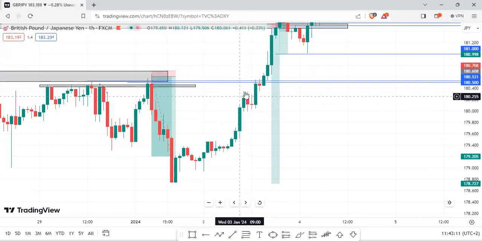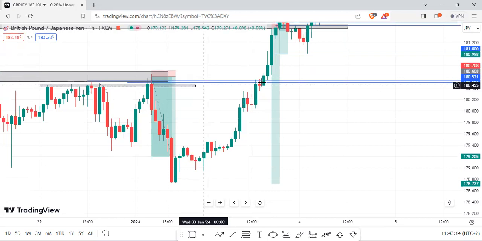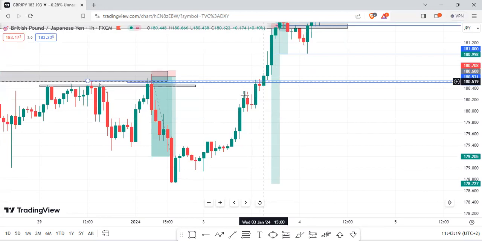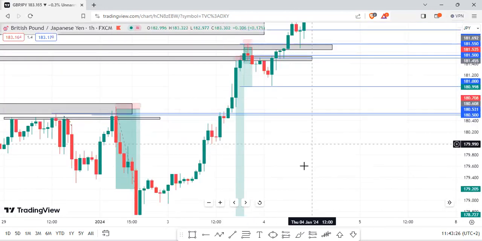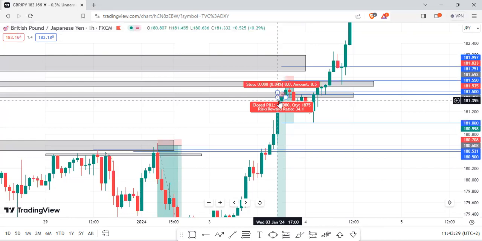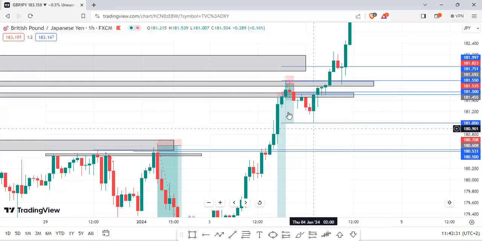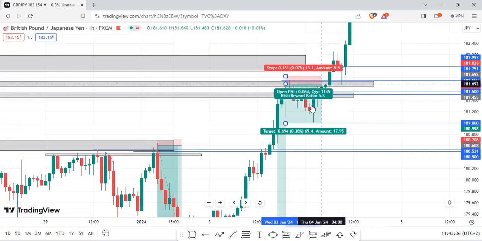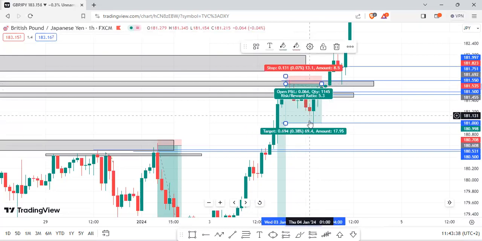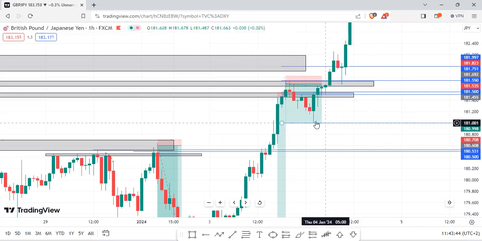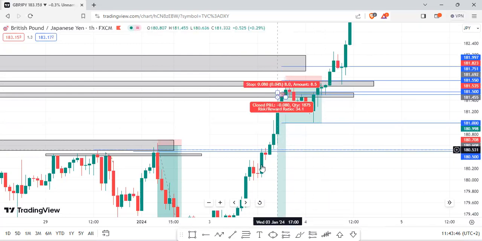It's just that I think I removed it during my analysis. I don't know if it's here or here, but I did take a hit here. That was the first hit. And then the second hit. I was supposed to take my TP here, but as you see, it didn't hit exactly. And I wasn't aiming to take the TP here because I already took 2 hits.